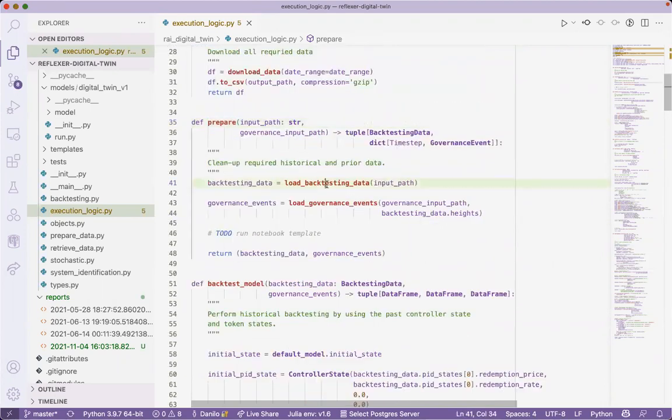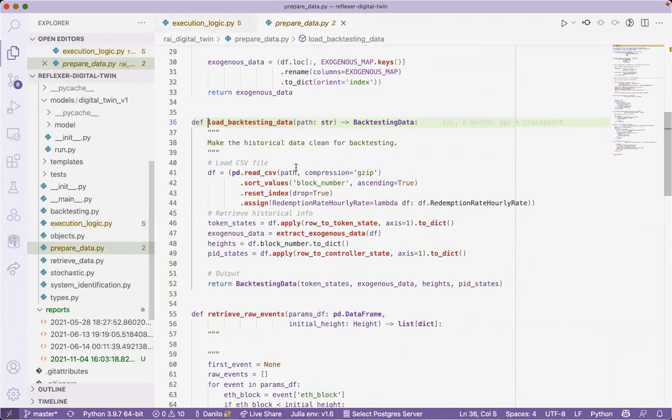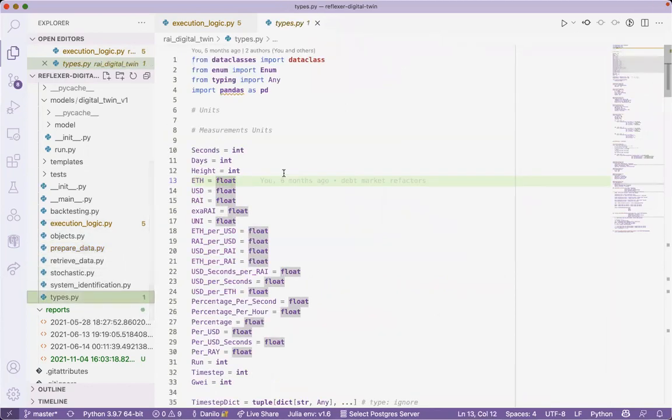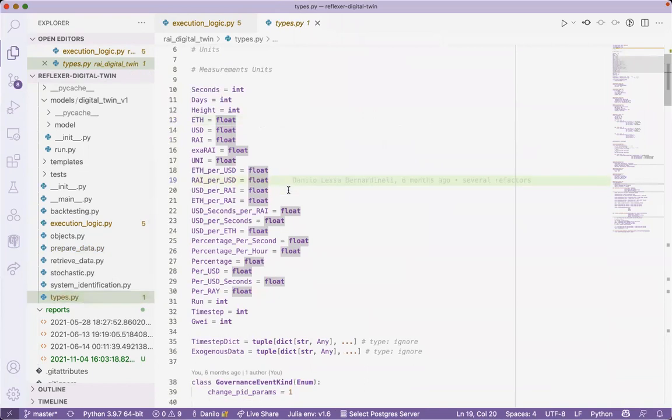To start, we have this load backtesting data. We also have this function here for loading governance events. It's really boilerplate code that reads the CSV, assigns some things, creates the token states, creates the PID states. Just to be clear, what are token states and PID states? In the simulation, we make use of several types.